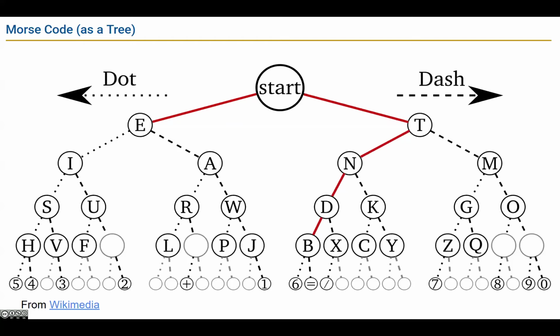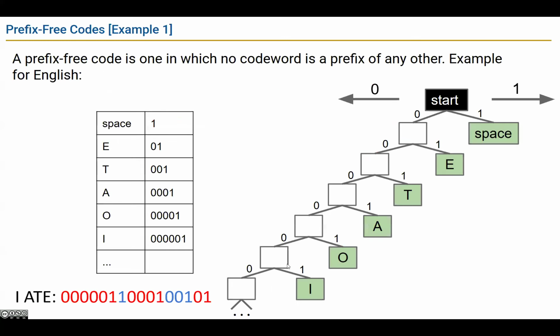If instead we set it up so that none of these paths had more than one letter on it, then we'd be able to get a perfectly unambiguous encoding. So that effectively means that we want a tree where letters are only on the leaves. Here's an example of one that you could use for English letters. You start, if it's just a purely one, then you have space. If you have 0, 1, that's an E, 0, 0, 1, that's a T, 0, 0, 0, 1, that's an